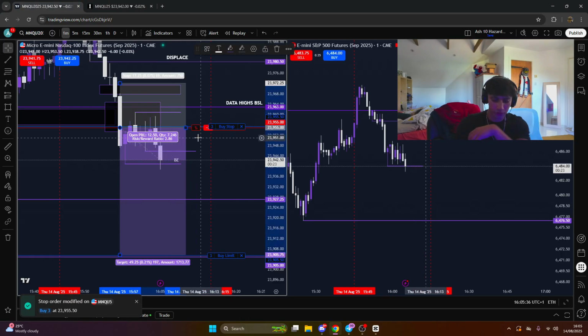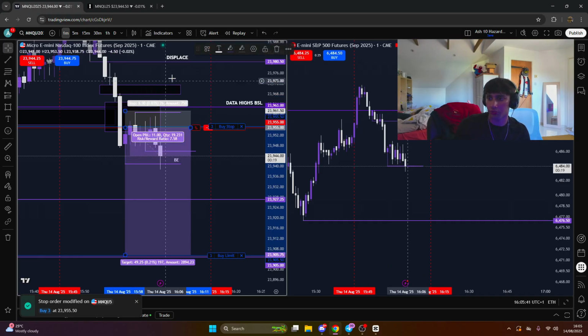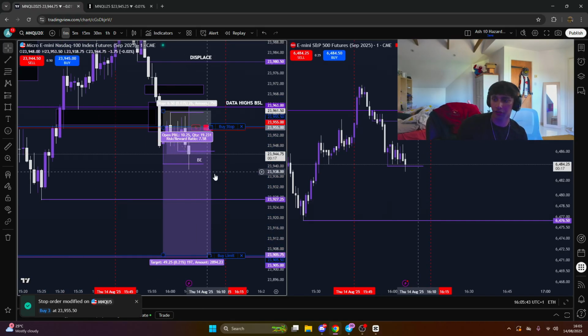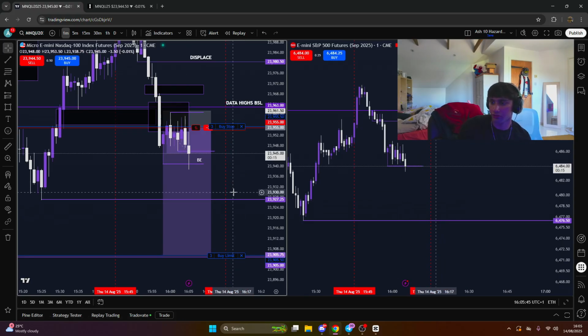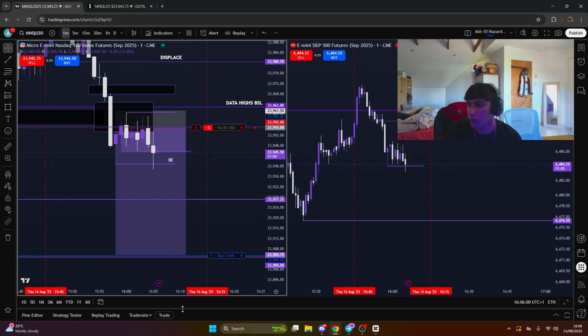There you have it. So now the two scenarios we'll have, it depends if you guys want to go break even or not. Personally, I would, because of how price is moving as of now. But the two scenarios as of now: either we run to final TP or price will stop me out at break even. 23905.